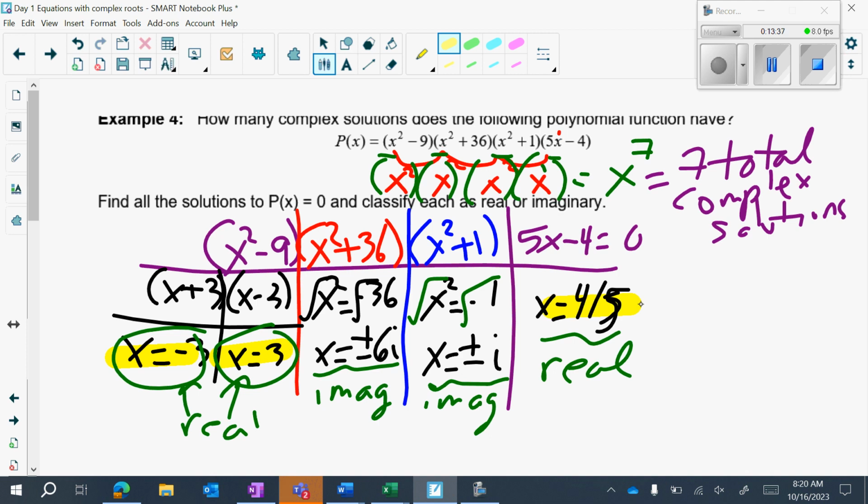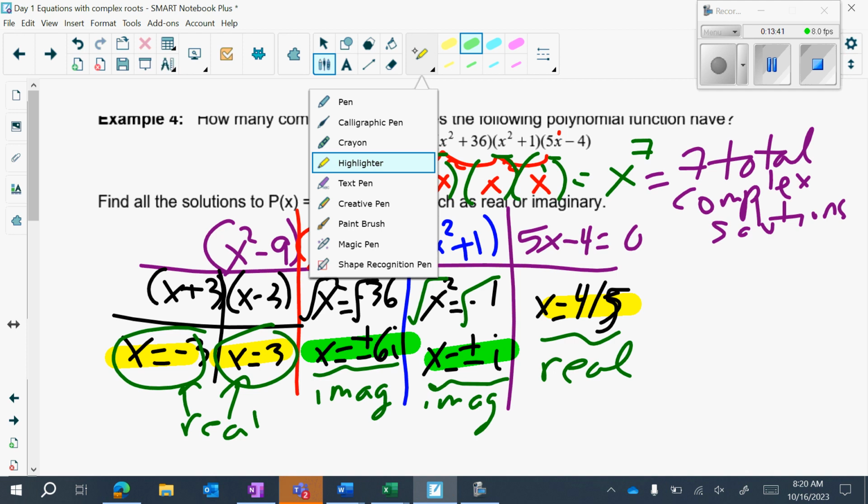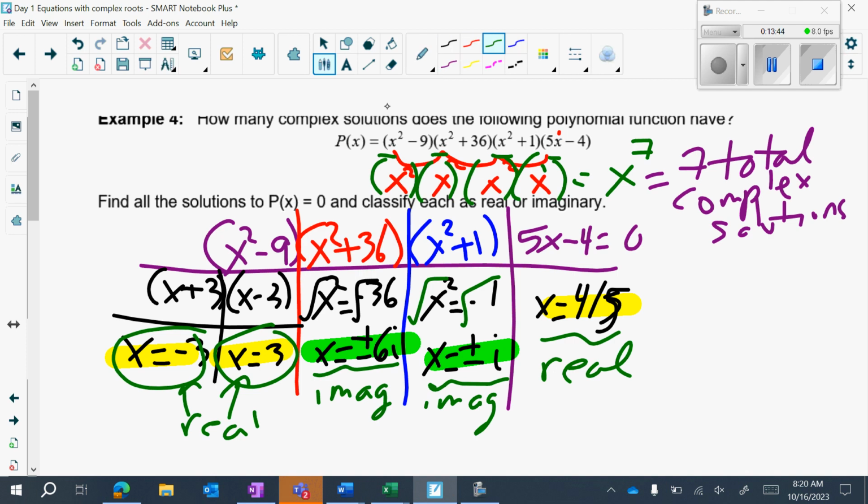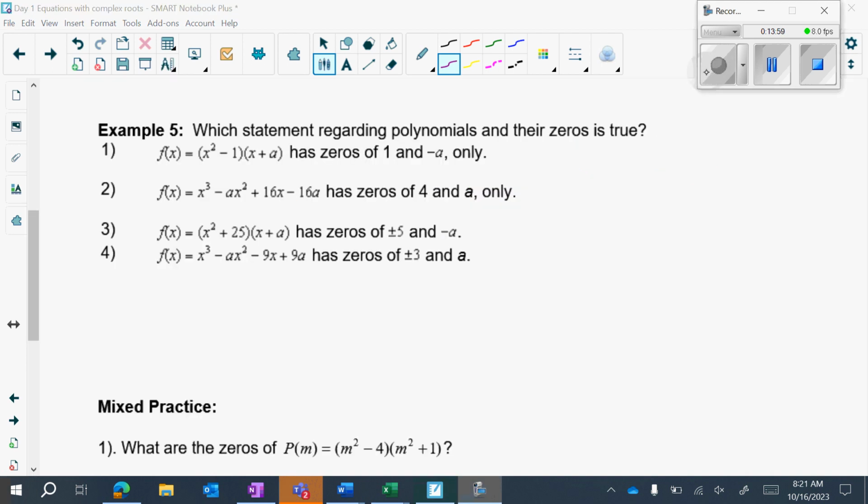real roots. And I have 1, 2, 3, 4 imaginary roots. Remember, they have to add up to 7 total roots, and indeed they do because I have 3 real roots and 4 imaginary roots. I'm just putting an arrow here saying 3 real and 4 imaginary for a total of 7. Okay, this is the last one I'm going to do together with you, and then you